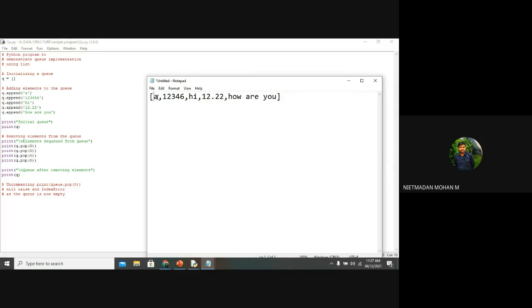So which value will be removed? A will be removed, and again the index value of 0: in the second line 1, 2, 3, 4, 5, 6 will be removed, in the third line hi will be removed, and in the fourth line 12.22 will be removed, and the remaining will be printed after removing the elements, right?